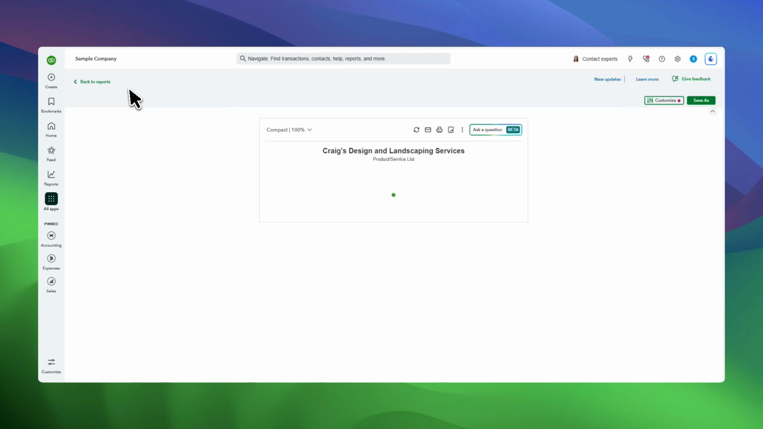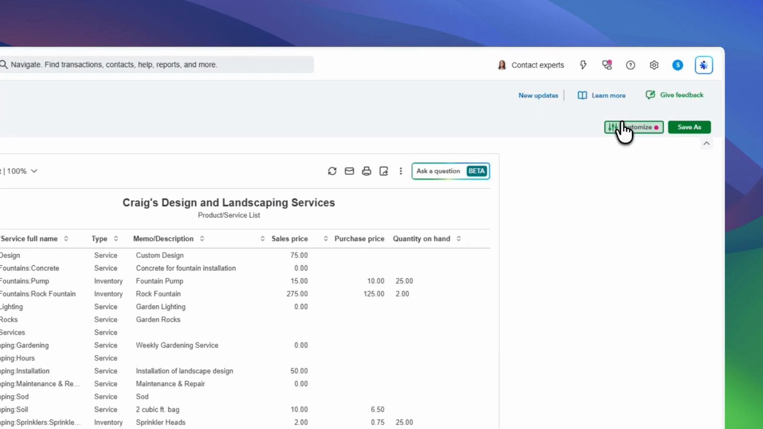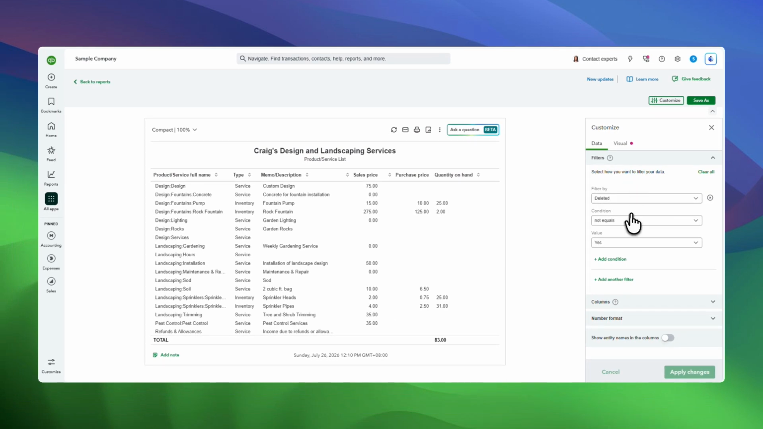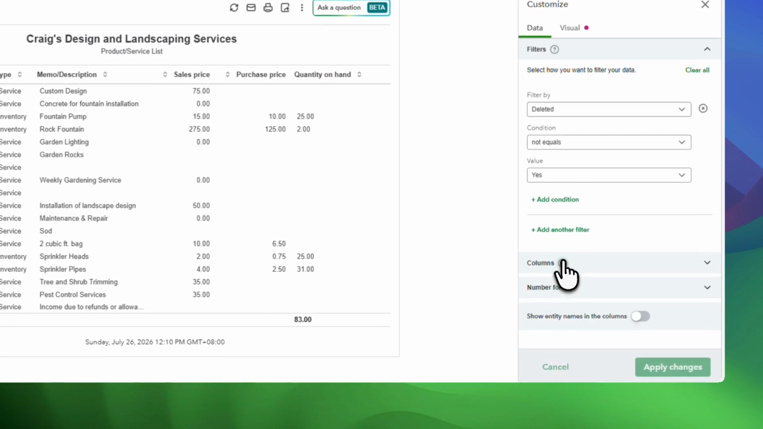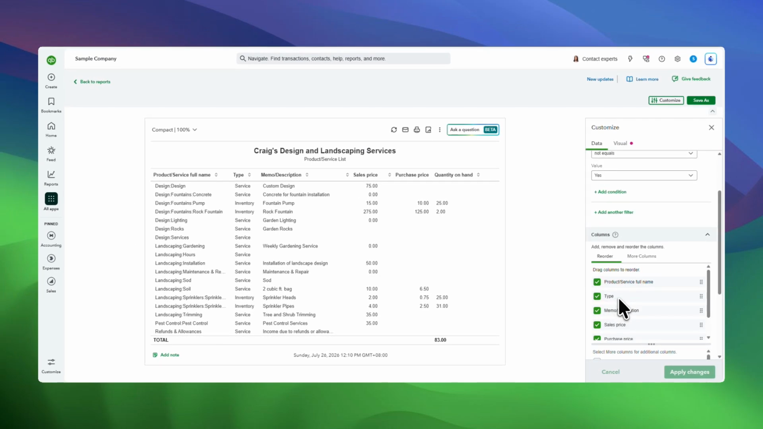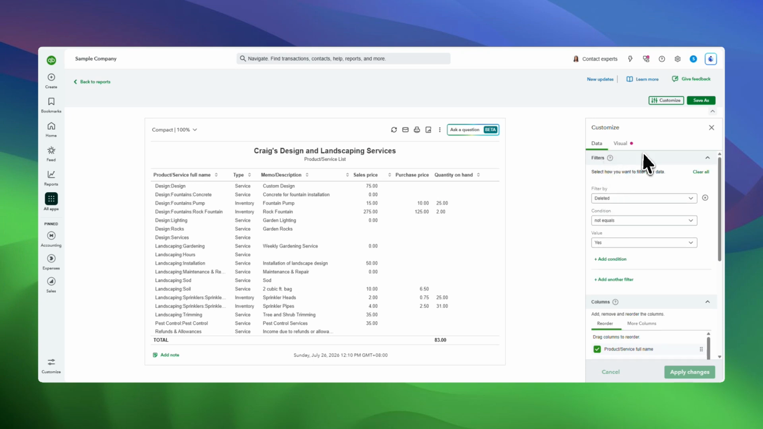You can edit the date range to view information for a specific period, which is especially useful if you want to compare inventory over time or check records for a certain month or quarter. You can also adjust the columns included in the report, allowing you to control which details are displayed. This helps you tailor the report to match what you need to review, whether that's pricing, quantities, or other item-related